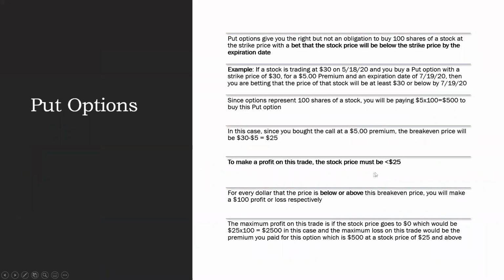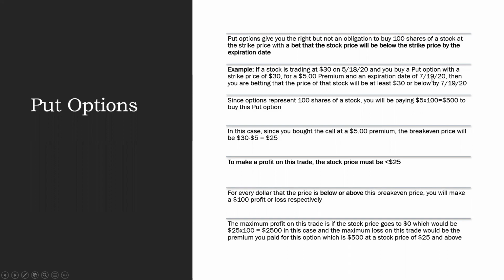Next, we get into put options. Put options are the opposite of call options, where you're betting that the stock price will be below the strike price by the expiration date. So, same example as before. You're buying options for a stock that's trading at $30 today, and you're betting that the price will be below